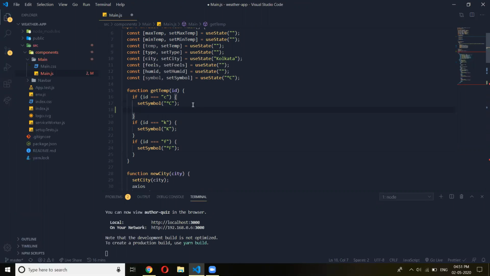If you want to export the Kelvin, you have to keep it separate, and that's what we are doing. We are just keeping the temp as is. We are not modifying the temperature. As long as the city does not change, we will not modify the temperature. Whenever we click on either Celsius, Fahrenheit, or Kelvin, we just get the modified value. We just get the derived value from that actual temperature and show it on the screen. Yes, yes.